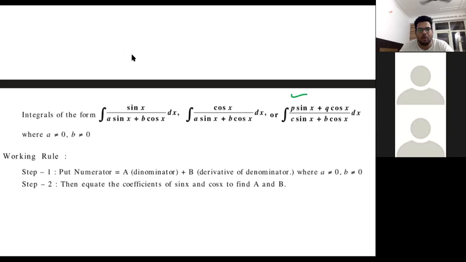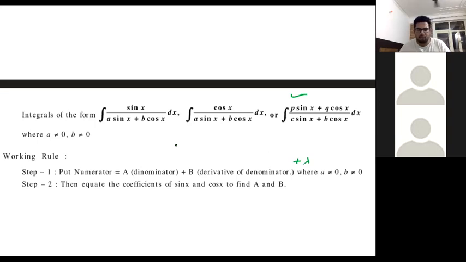If you look at step 1, it says that put numerator equals a times the denominator plus b times the derivative of the denominator, right? Now, we have already done this type of thing in the algebraic expressions, if you remember, right? When we had the quadratic upon under root quadratic or quadratic upon quadratic, right? So we were doing the same thing. We were having a numerator as a times the denominator plus b times the derivative of the denominator, right? And there will be plus some constant if required, let us say lambda, right? Then we'll try to equate the coefficients, and then we'll easily find out the value of a, b, or c, or however many variables are involved, right?